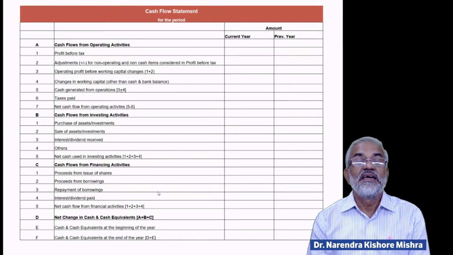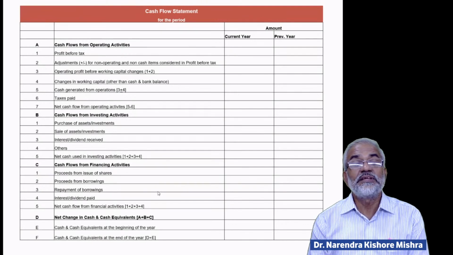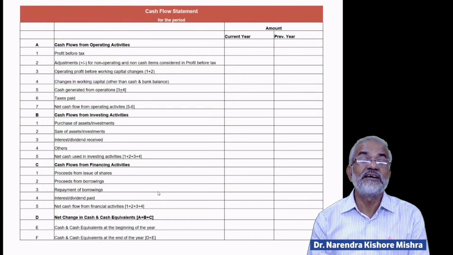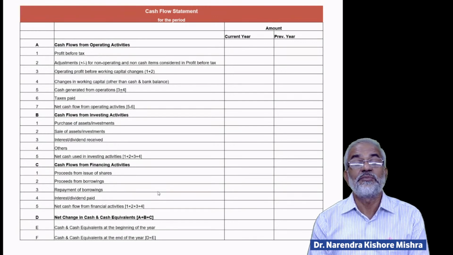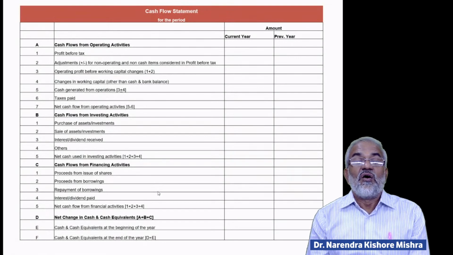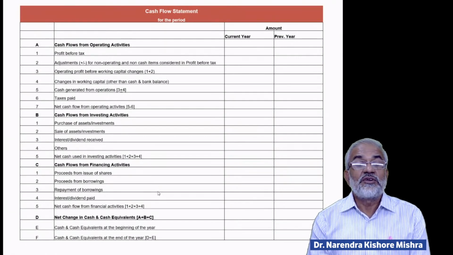And when all these things are summed up, that will be the net cash flow from the financing activities. It may be a positive figure, it may be a negative figure. If the outflows are more than the inflows, it will give a negative figure. That will be the net outflow of cash from financing activities. In case it's a positive figure, it will be the net inflow of cash from the financing activities. Then all the inflows and outflows from all the three sources are to be summed up, and that will be the